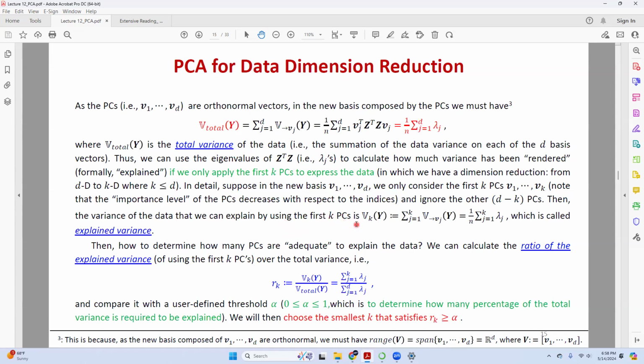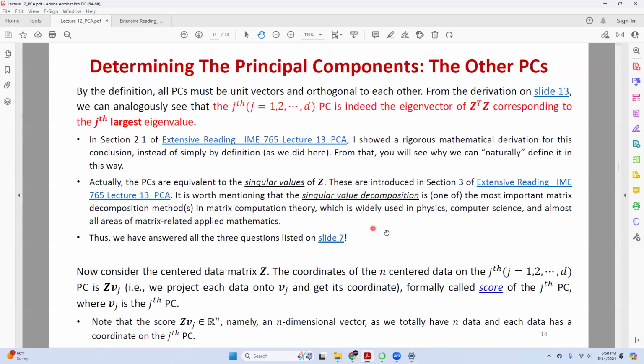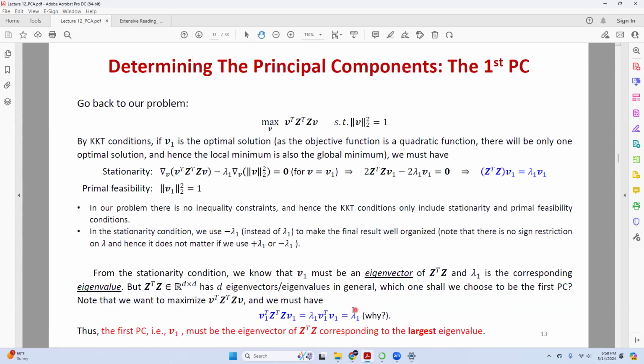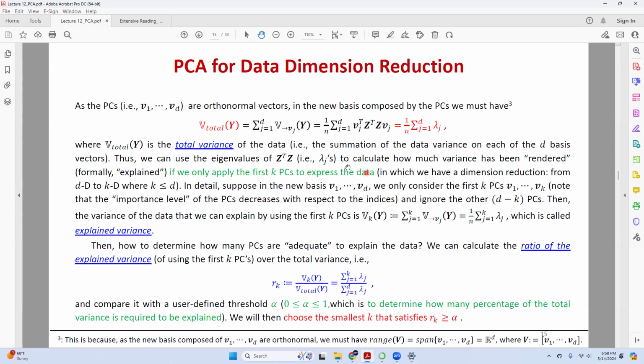Okay, now let's consider that I'm gonna use the first K pieces. So you may ask, why the first K pieces? Why not just take 2 K pieces? This is because by definition of my first PC, this is the largest lambda already. In other words, this should explain my data the most. And hence I sort it and I can say the biggest K.